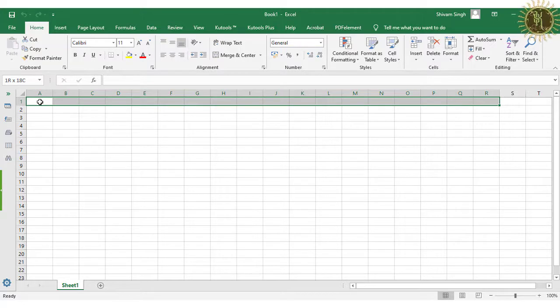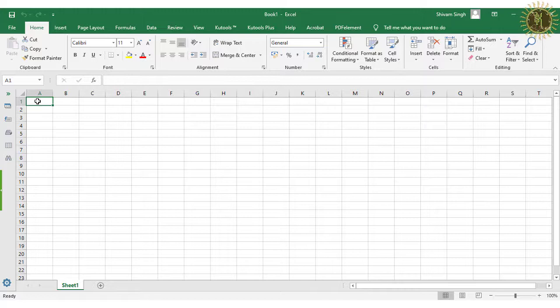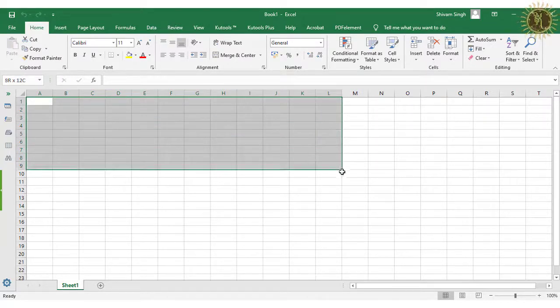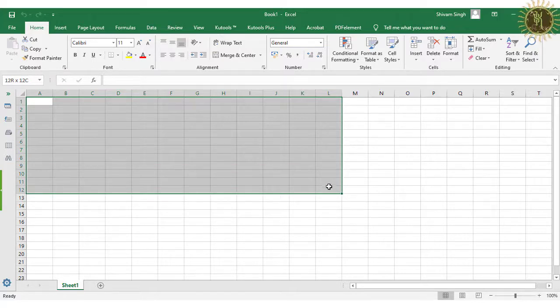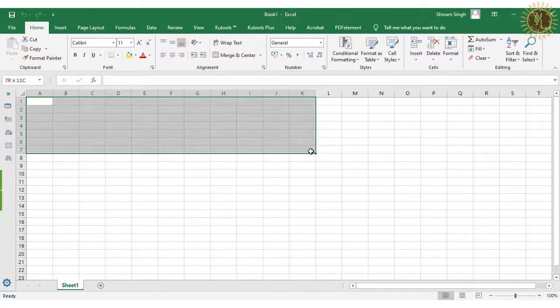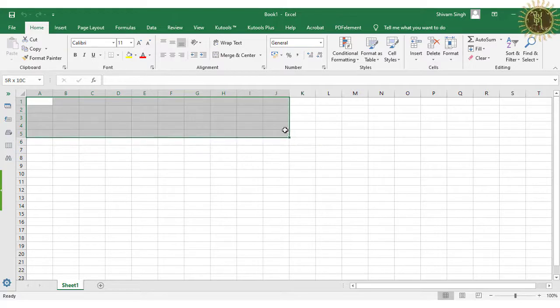So like this you can select cells in adjacent mode. Also you can do this with the help of the mouse only. Just click in the first cell and drag the mouse cursor to the place which you want to select, like this.